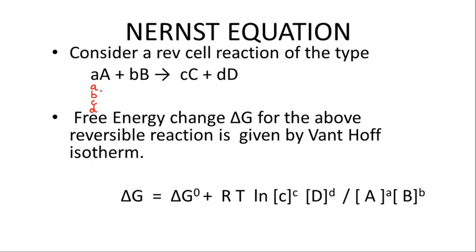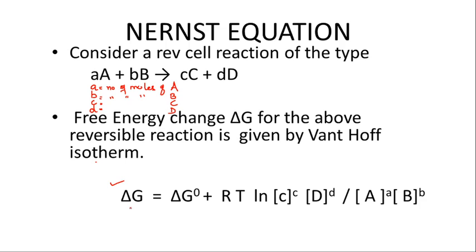where a, b, c, d are nothing but the number of moles of A, number of moles of B, number of moles of C, number of moles of D. So the free energy change delta G for the above reversible reaction is given by Van 't Hoff's isotherm. Van 't Hoff isotherm is nothing but this particular equation, where delta G is the change in free energy or